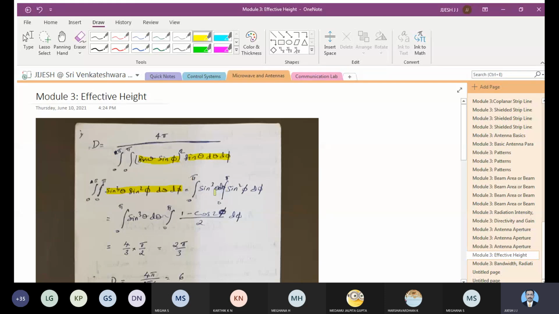So integral of 0 to pi sine cube theta d theta, integral of 0 to pi sine square phi d phi. If you know the integration, it is just a matter of 5 minutes to complete it. Sine cube theta d theta we have already integrated in the previous class. So it will be 4